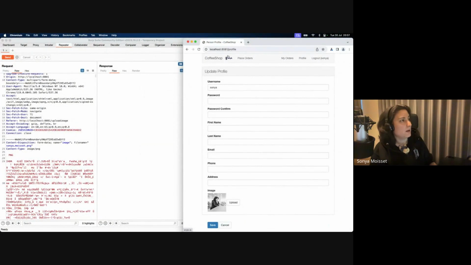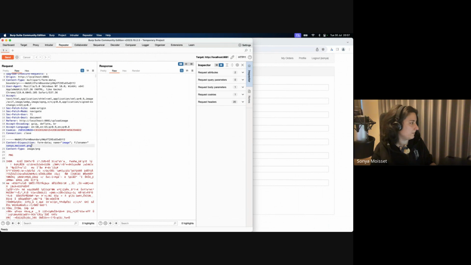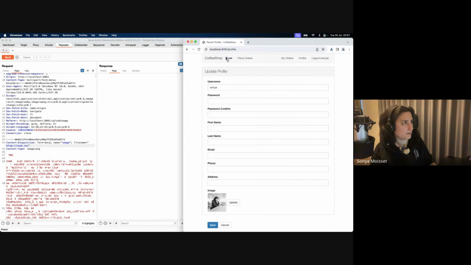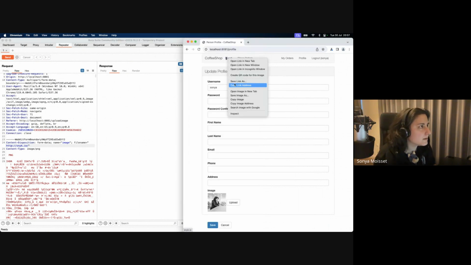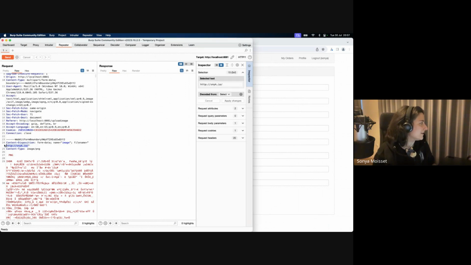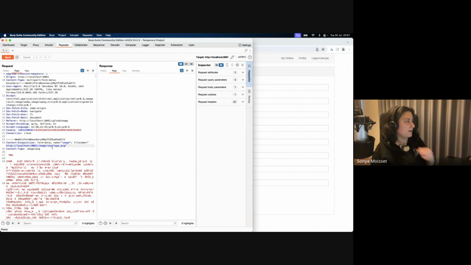Cool. So I'm going to copy the link here, link address. I'm going to go back to the file name. I'm just going to modify this one. Sorry, I copy the image address actually for that here. So you do have the image address. Obviously, because I'm serving this application locally, that's why you have the localhost. I'm going to get rid of this first part. I'm going to put the ../